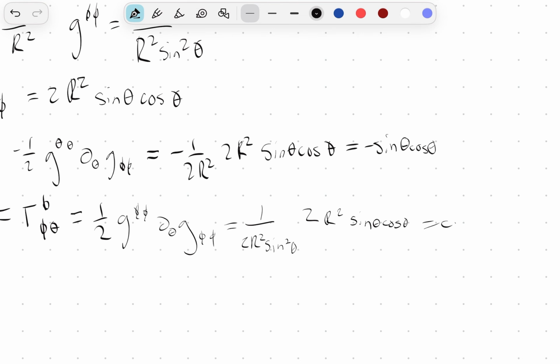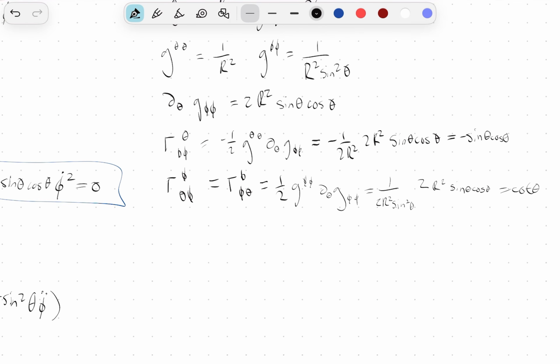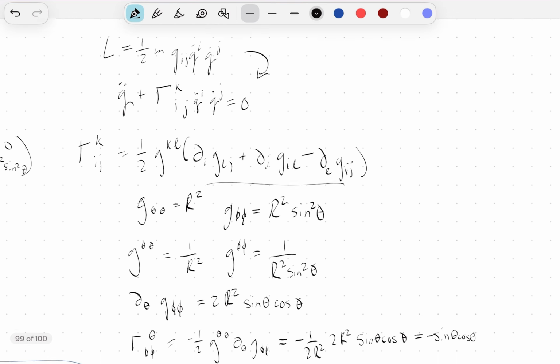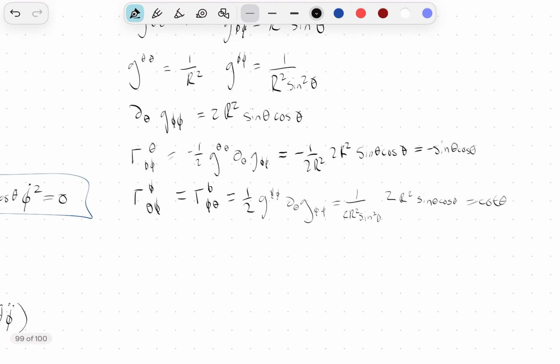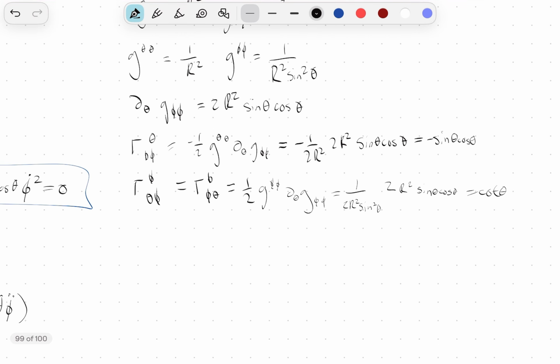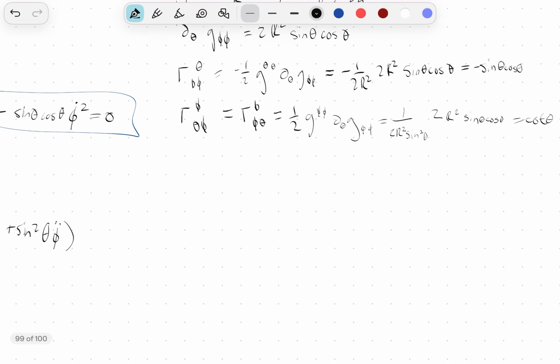So we have a sine squared on the bottom, so we should just be left with cotangent theta. And if you substitute this into the geodesic equation up here, then you will be left with